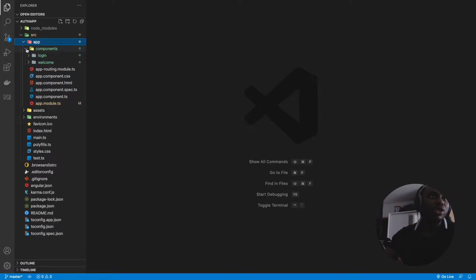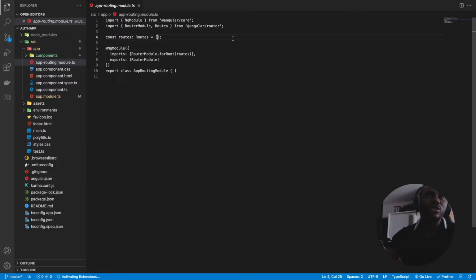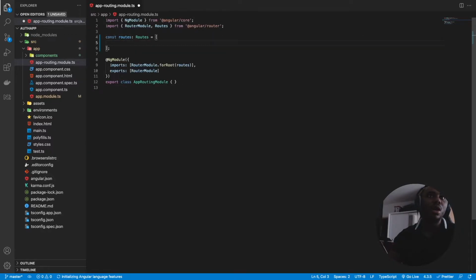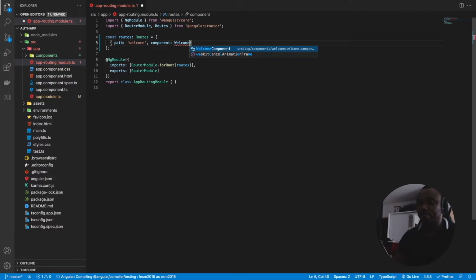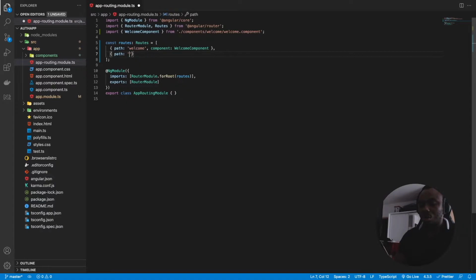So if I go to our application and I go to app.routing.module.ts, and here in this array we can configure our routes. All right, so I'm going to open a brace, and I'm going to add the path. For the first route, I'm just going to call it welcome. That will be for a welcome page, and the component it's going to be the welcome component. All right, and we're going to add for the other route, which is the login component. So I'm going to do path login component,